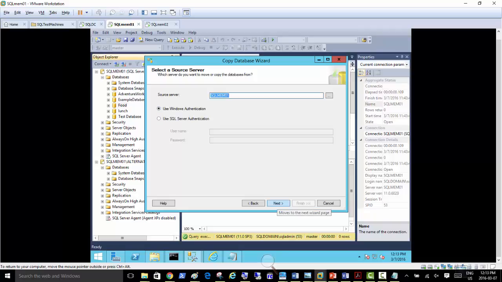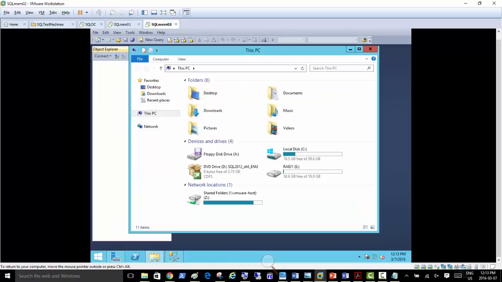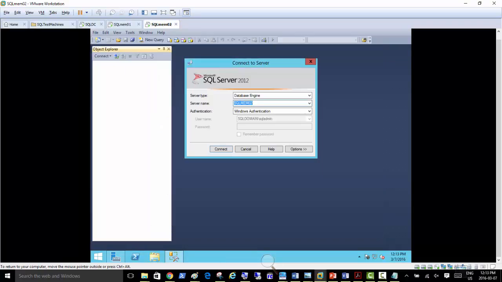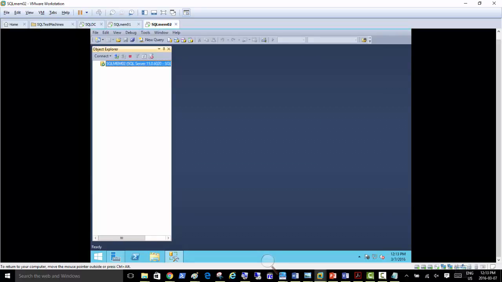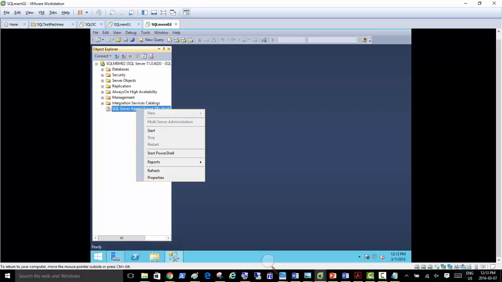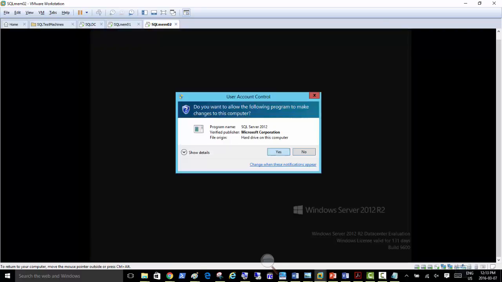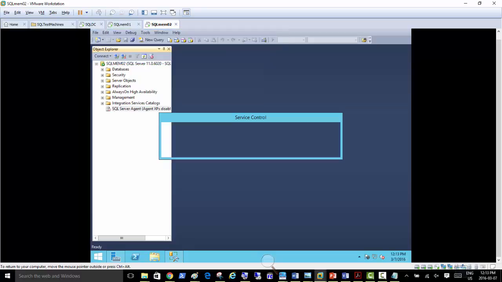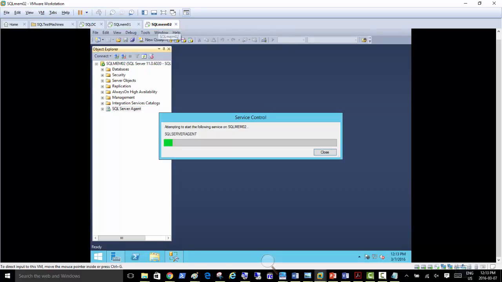And if we go next, we are using Windows authentication, so we don't need to change anything here. Next, destination server. Although we have SQL 2 as a destination server, I just went to SQL 2 and checked there, everything's fine. And SQL mem02, if I connect to the default instance, it is okay or not. We can just try to attempt it. If it gives errors, then we're going to transfer locally to the instance. But I'm just trying first, since we have a second SQL server.